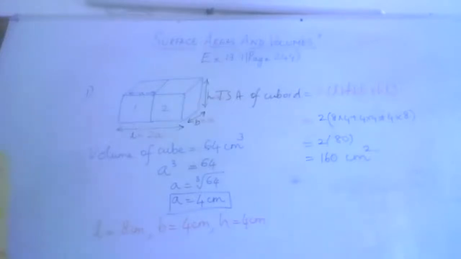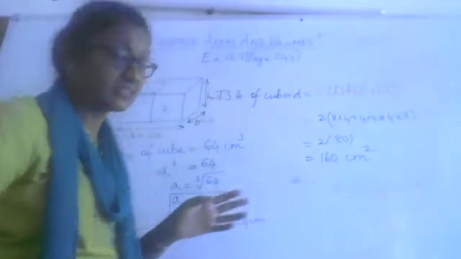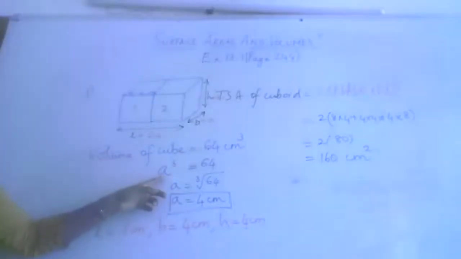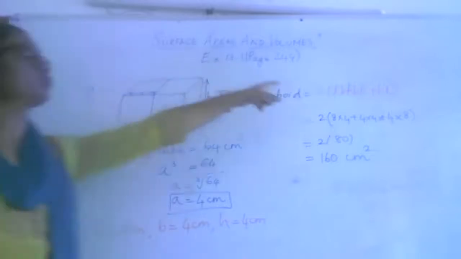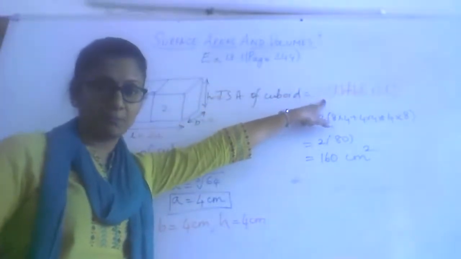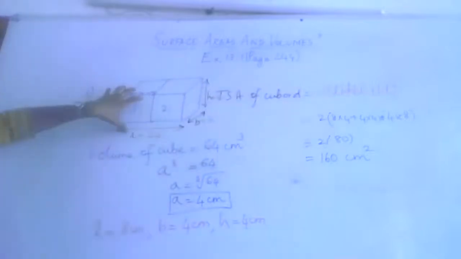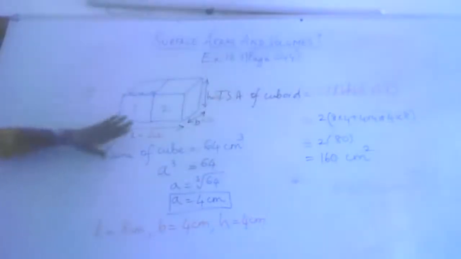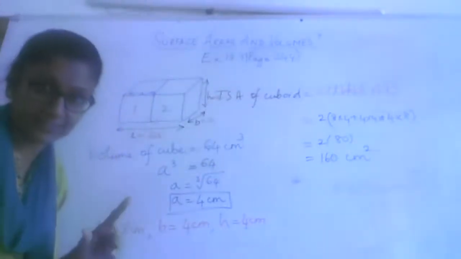Alright, so this is such a simple problem. But for this, you must know the formula for the volume of a cube, and you should know this formula also. You understand why I am telling you that the formula is very important? Here you have a combination. 2 cubes form a cuboid. That is the only thing you have learned this year.